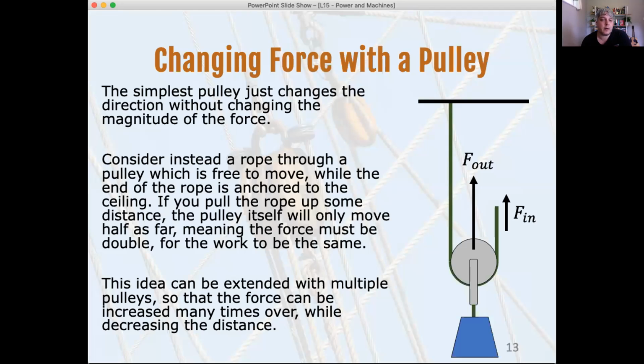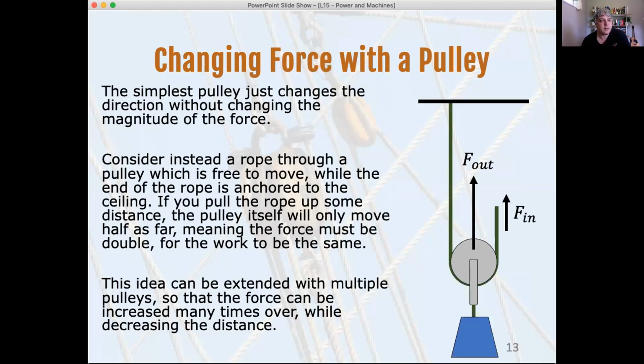If you pull that rope up by 1 meter, it will only go up by 1/2. So it halves the distance. As we just saw with the lever, if you decrease the distance, you must increase the force. So if we halve the distance, we are doubling the force. So you can now lift something twice as heavy as you would normally be able to by using this pulley